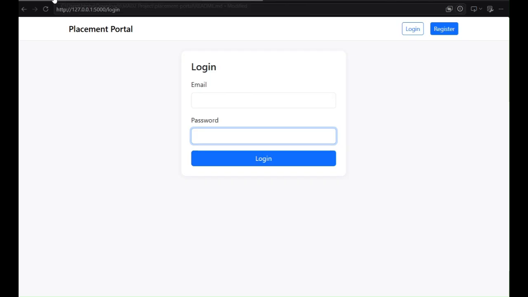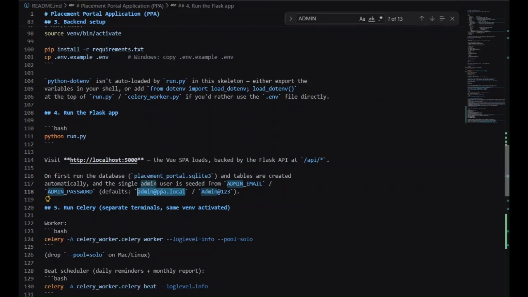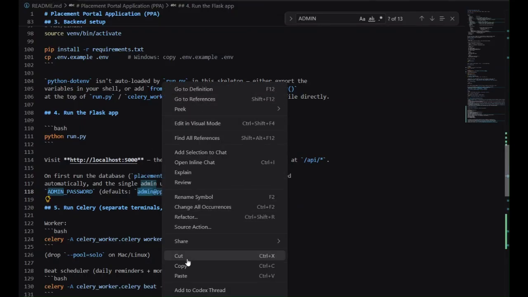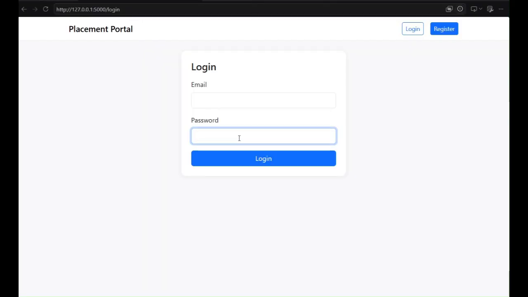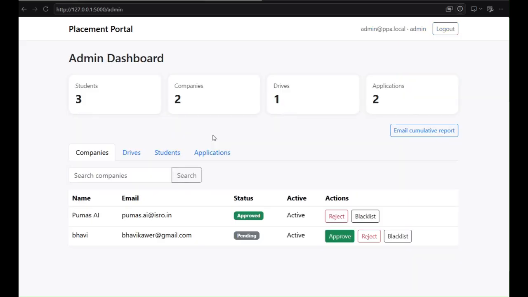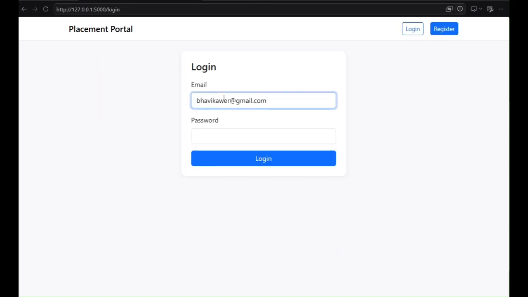So once a profile is created, the admin can log in through this and can check for the account which is there. So here you can see there are two companies which are associated with it. One company is here. Let's, as a company, log in. A new company, when logged in,